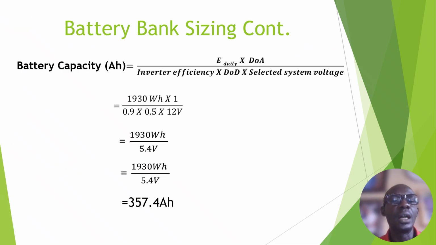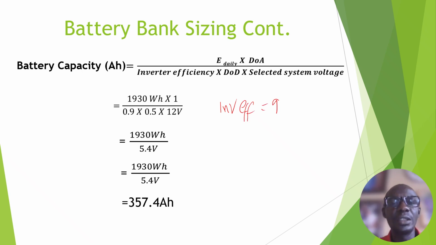The answer we got from our previous video, which is the total watt hour, that is the daily energy demand, is 1930 watt hour. I'm not considering 2 days, I'm just doing for a day, that is the days of autonomy, so that's times 1. Then our inverter efficiency is 90%